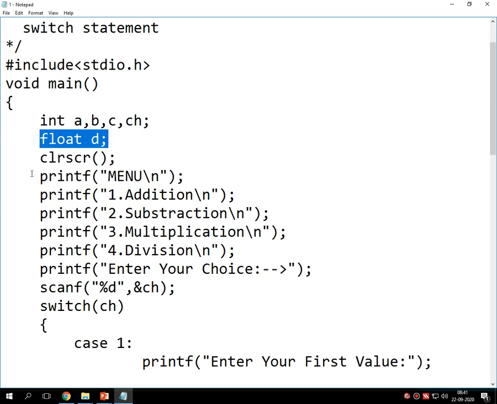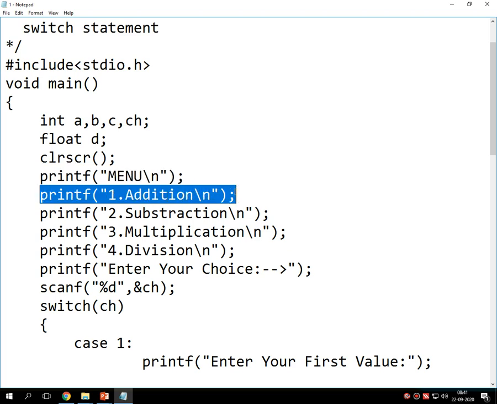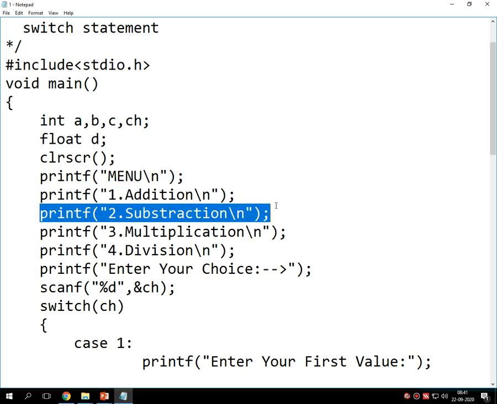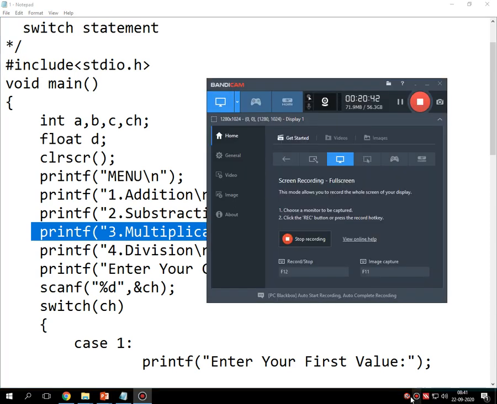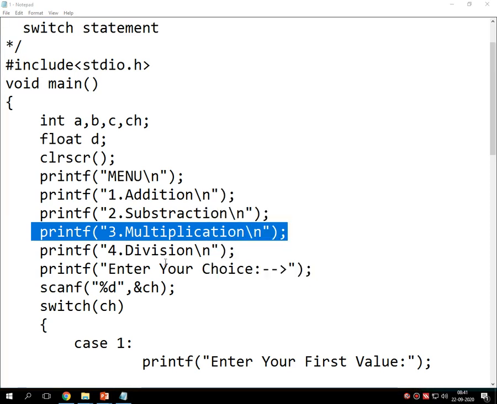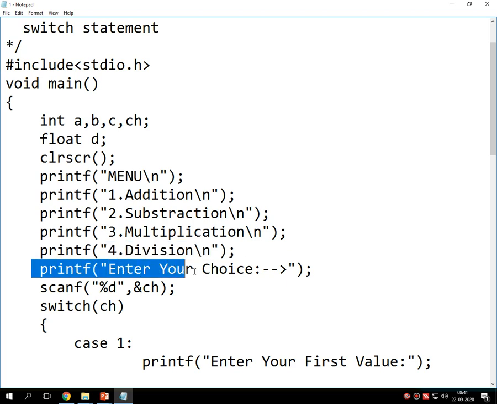Now I have designed one menu where choice number 1 is for addition, choice number 2 is for subtraction, choice number 3 is for multiplication, choice number 4 is for division, and then I have mentioned enter your choice.